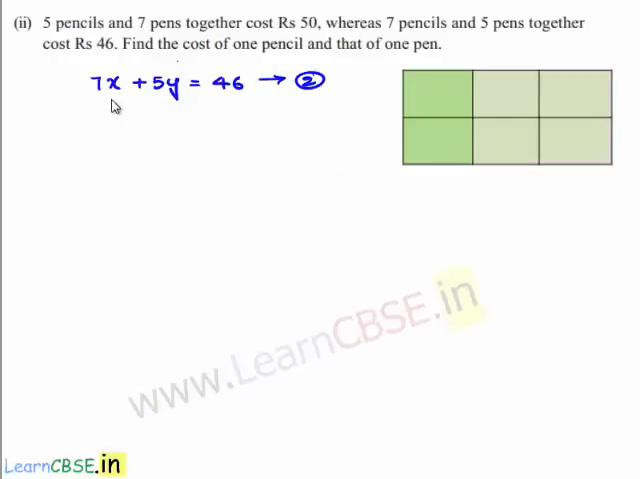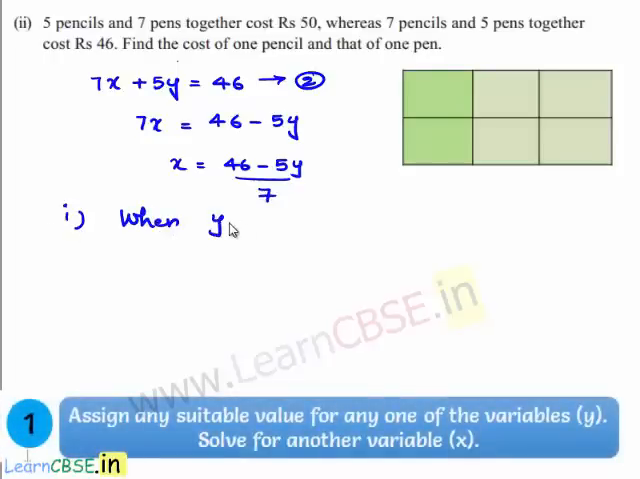Now the second equation is 7x plus 5y is equal to 46. This can be written as 7x is equal to 46 minus 5y. This is nothing but x is equal to (46 minus 5y) divided by 7. So now